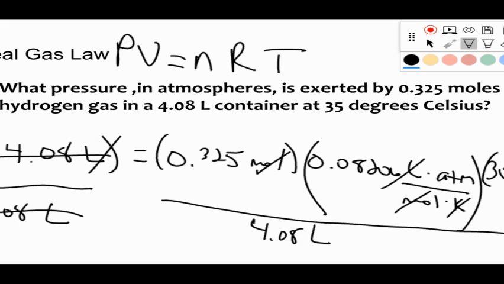We are going back to sig figs since we're doing math. This has 3 sig figs, 3. We don't actually use this one because it's a constant. So my final answer should have 3 sig figs. The pressure is equal to 8.21. My unit is going to be whatever's left over, or if I think about pressure, it's going to be in atmospheres. So 8.21 atmospheres.